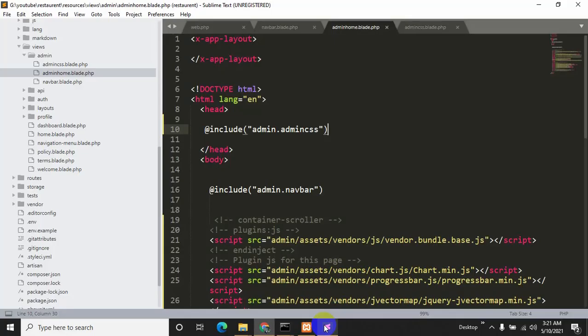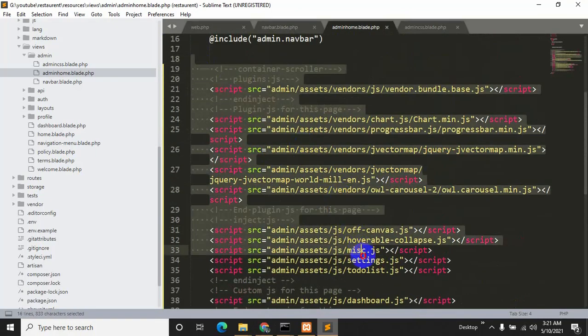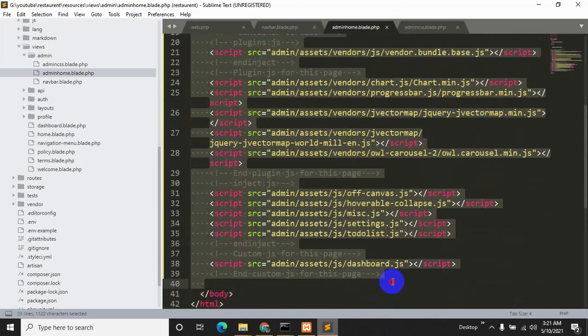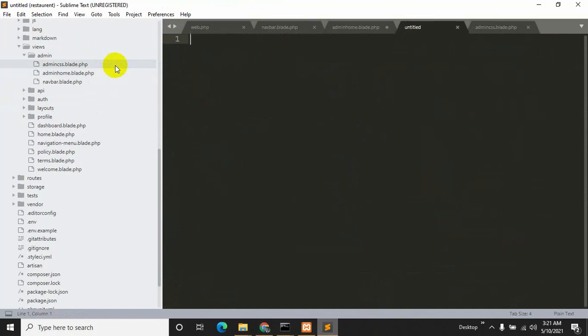Now we will do the same for this script part as well. Let's copy everything, Ctrl X, and create another file. Click new file and say over here admin script dot blade dot php.